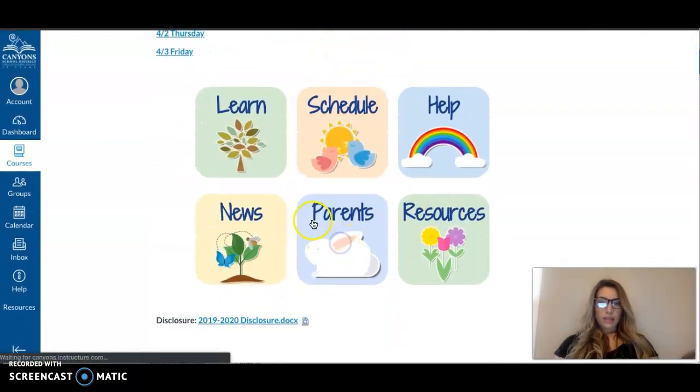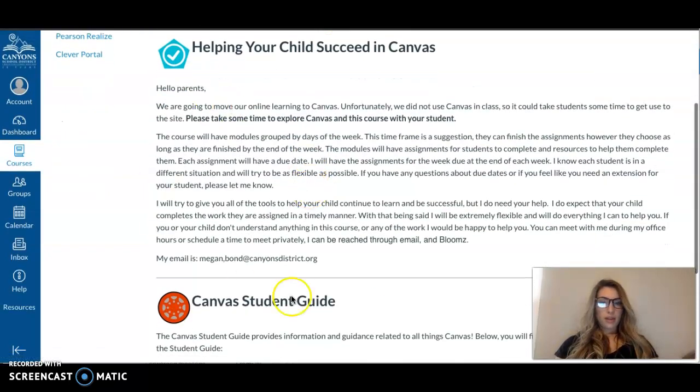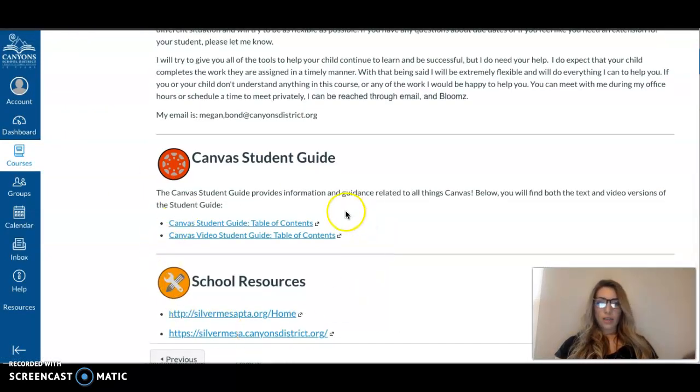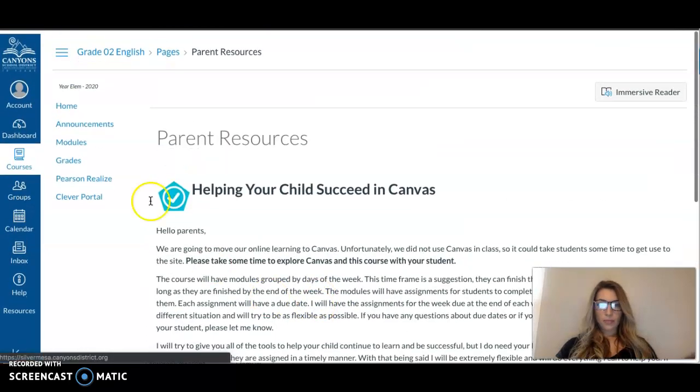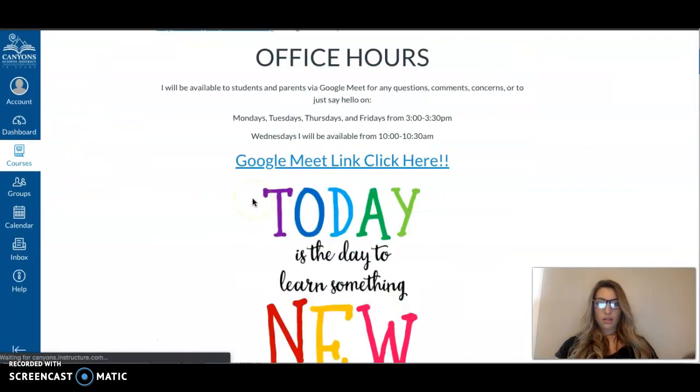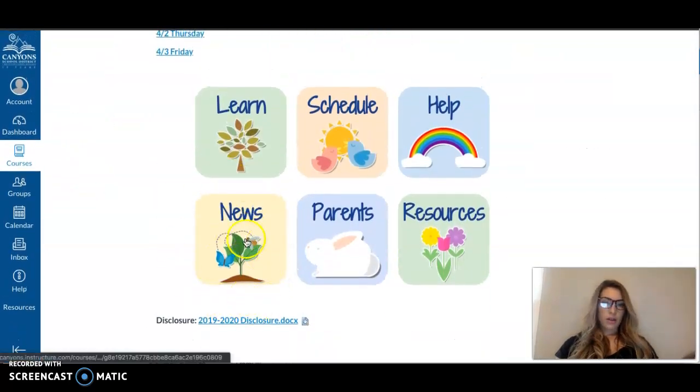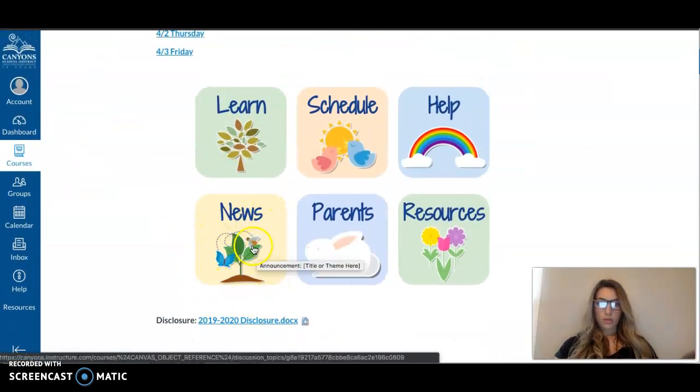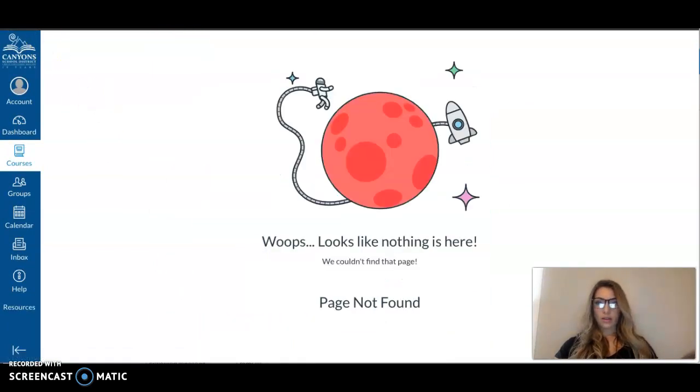Then I have a parents tab that has just a note from myself and then more links to help you if you need them. This news button right here, I don't know how to get rid of it, but I will not be posting news there, so don't worry about that. If you click on it, it's not a big deal. It'll just say that there's not a page. Then if we go back,